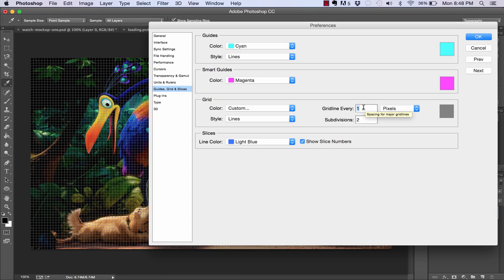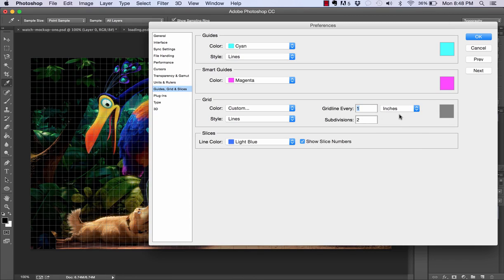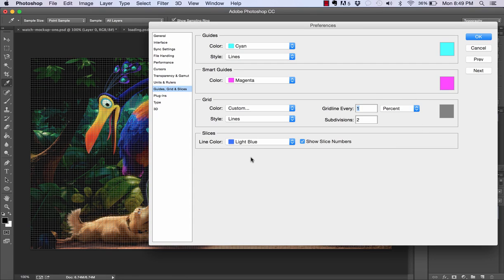Well, I want everyone to change this, and we can actually change it to inches. If we changed it to 1 inch, obviously it's going to get bigger. Each one of these squares represents an inch by an inch. But I want to use percentages, and I often like using percentages so I can measure the exact middle of something. And if we were to change this